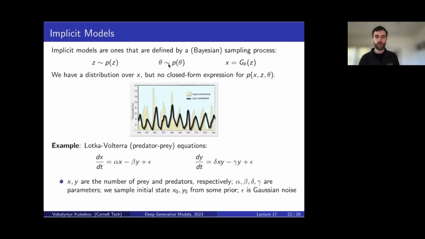It's an application of implicit modeling to a data set of populations of prey and predators. So let's say wolves and rabbits in some ecological zone. There's a classic model in ecology called the Lotka-Volterra equations. These are differential equations, which starting from some initial numbers of prey and predators describe how they evolve. So here X is the number of prey, and what this